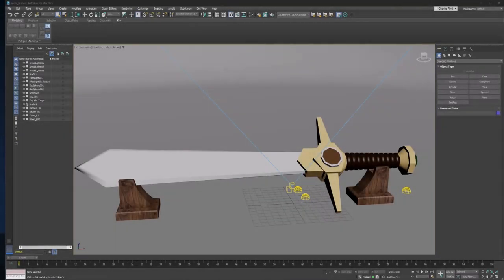Welcome back, 3D students. In this video, we're going to set up a camera to follow a path around our sword that will give the illusion of the sword revolving in the scene. And this is called a carousel render. So let's get started. The first thing we're going to do is switch to the top viewport by pushing T